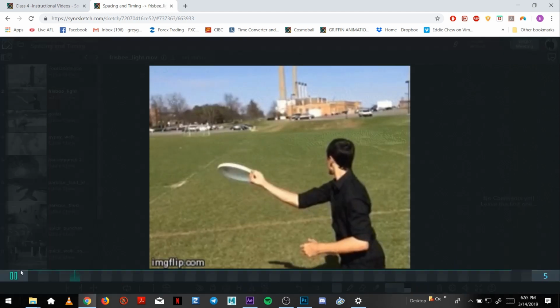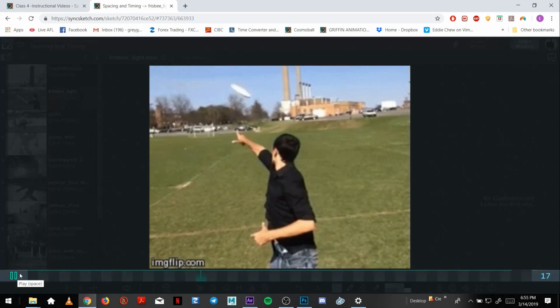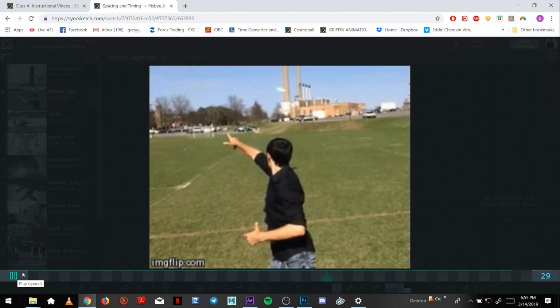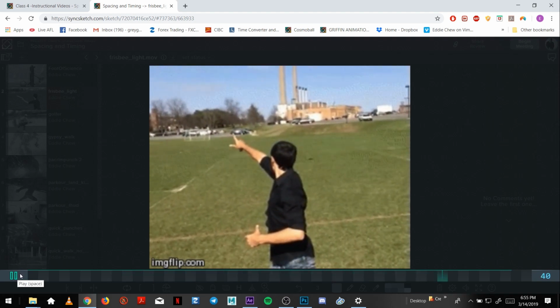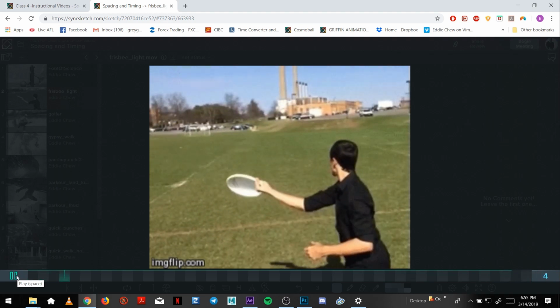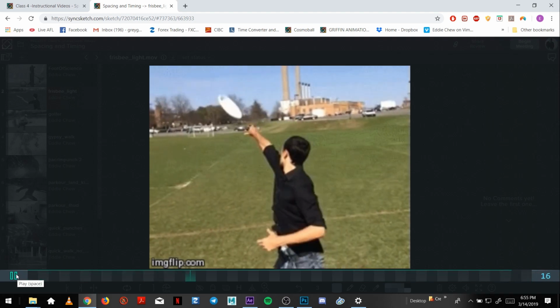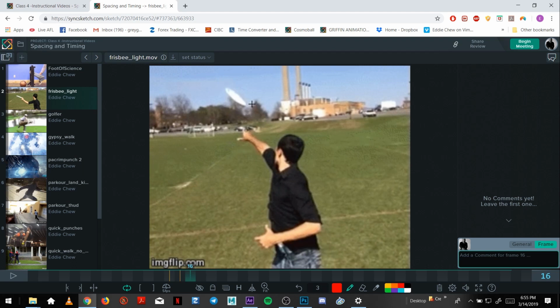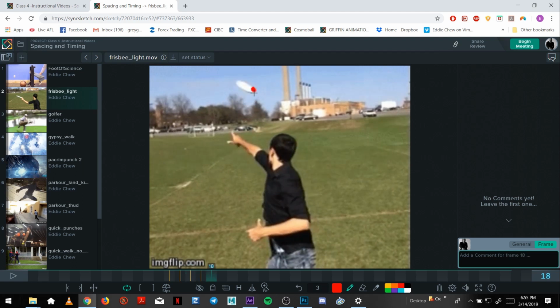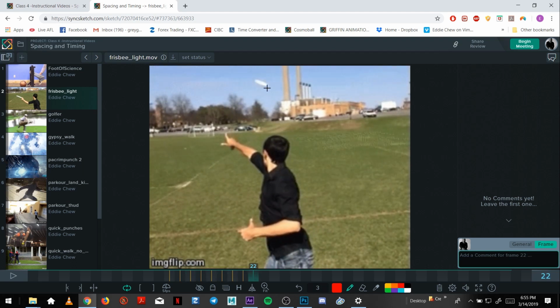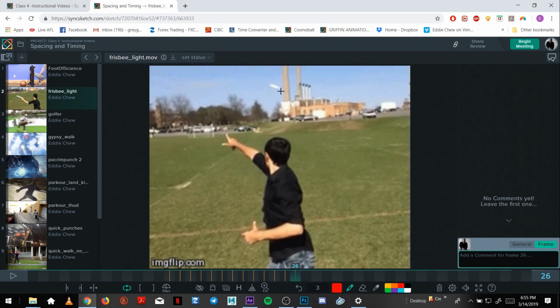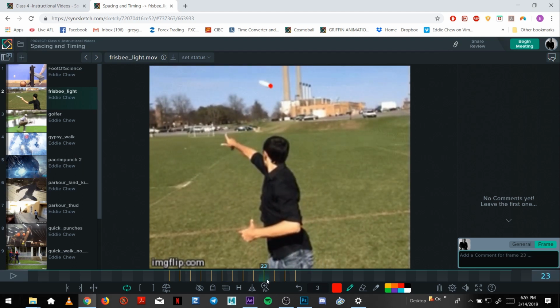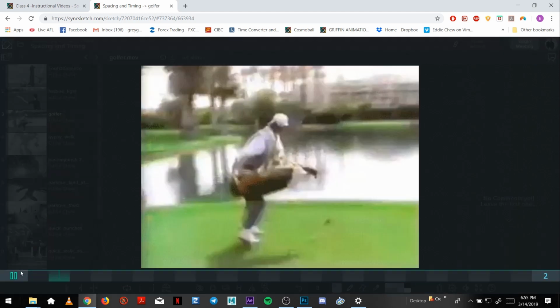Here's an example of a throw of a light object, so that didn't require any momentum in the body. It's all in the wrist. And it kind of just hangs in the air because it's so light. So yeah, you get the point. It doesn't really go anywhere. Whereas if we go to this guy,